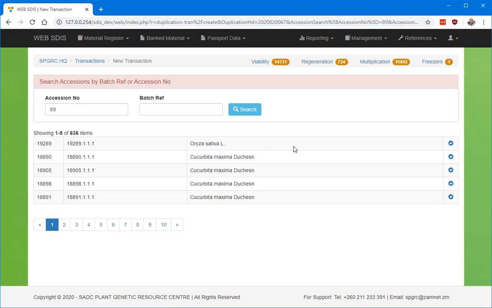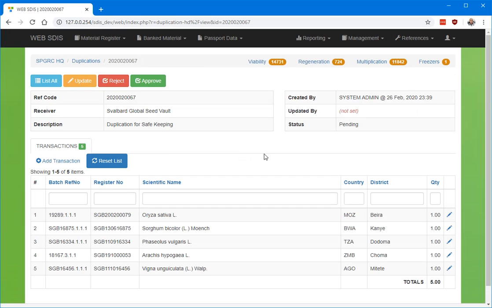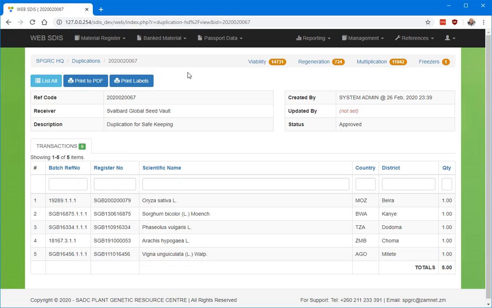This is Oryza sativa. It's rice. So we go ahead. This is coming from Mozambique. So do I know a district in Mozambique? Then maybe we'll say Beira. Beira. This is the port city. So we say save. So we have 5 items now to be duplicated to Svalbard, and all we need to do next is to approve this list we have. So a senior person in the gene bank section will now go ahead and come and approve this particular